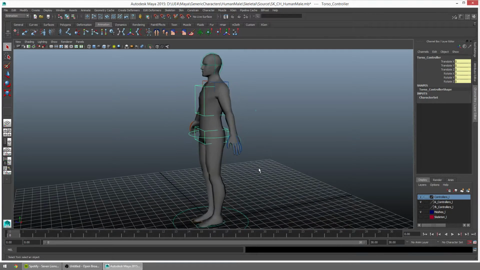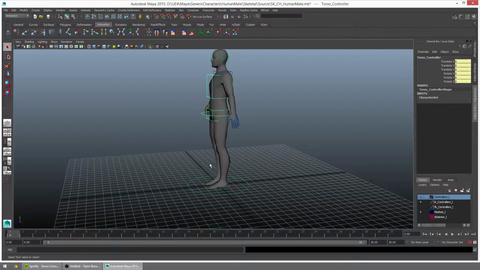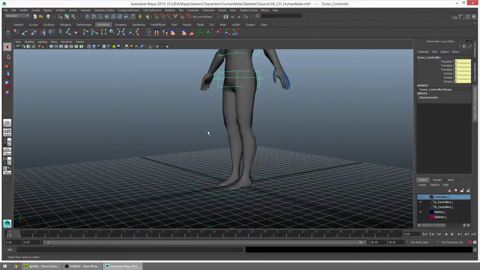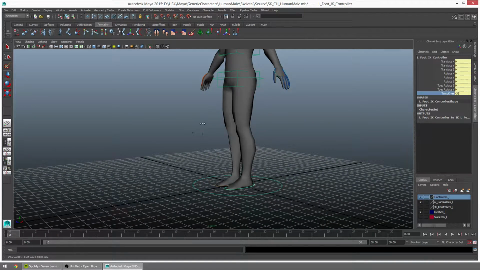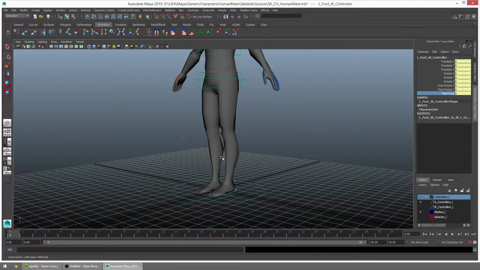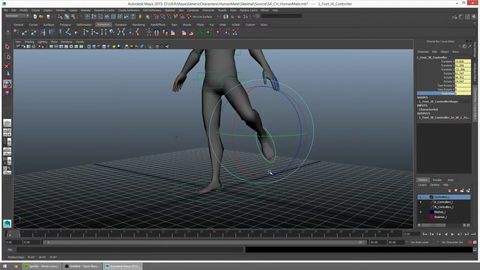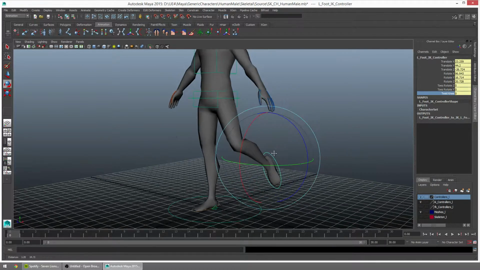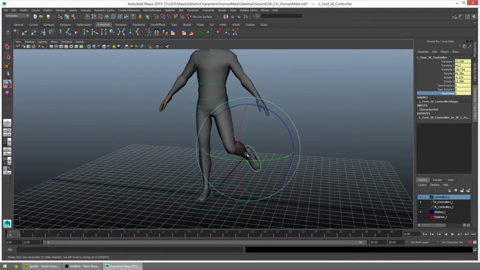And you can see I don't have any pole vectors, but that's because I don't like working with them. I have a twist attribute on the controller, and I can control the knee like I want. But I'm going to show you how to do this whole setup with the pole vector visible. But we're also going to add an additional behavior to this setup, which I think can be useful for some of you, where